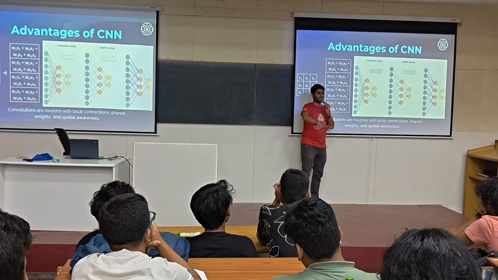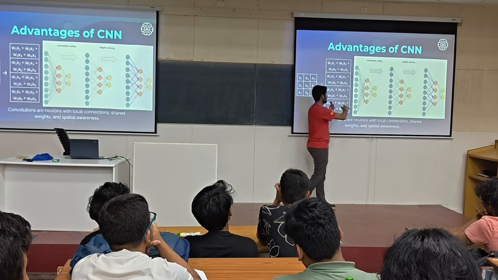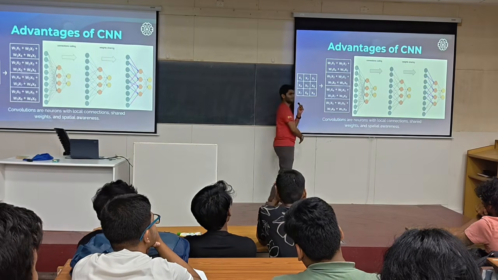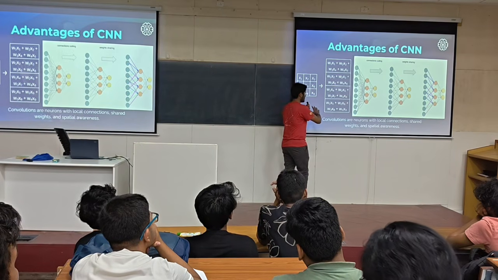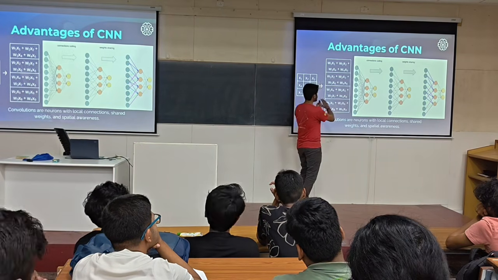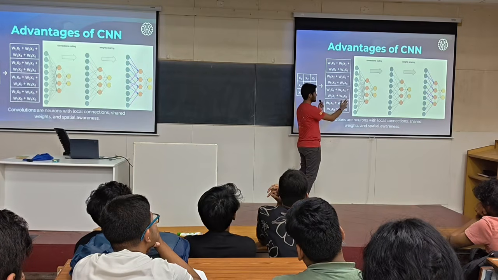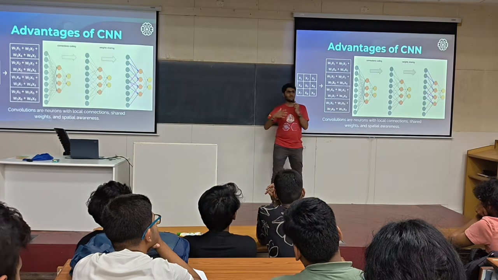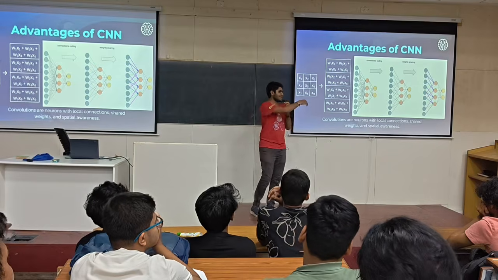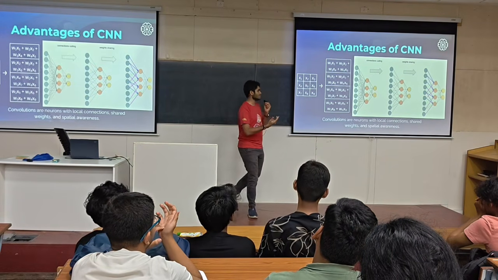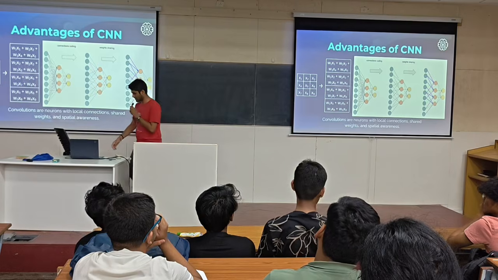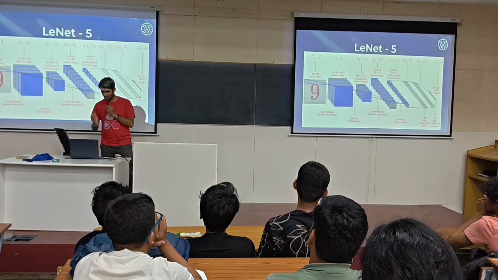You are not confusing the model by giving it connections to random, different pixels. You are giving it only localized pixels and localized inputs, and because of that it is able to learn efficiently. We have divided the task between all the neurons efficiently, and that efficiency was shown by this network called LeNet